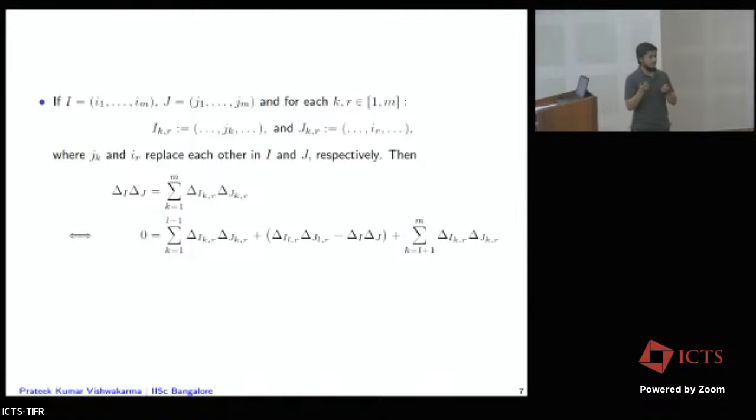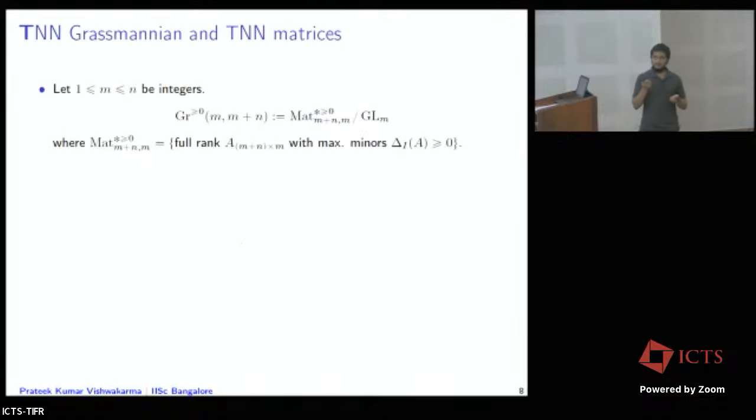So this is how we are looking to refine the Plucker relation. We will do that over the TNN Grassmannian, and we know that the TNN Grassmannian is just those tall full rank matrices in which the maximal minors are non-negative up to some non-zero constant. Now working in the TNN Grassmannian is enough to generalize the inequalities that we have seen so far, because the